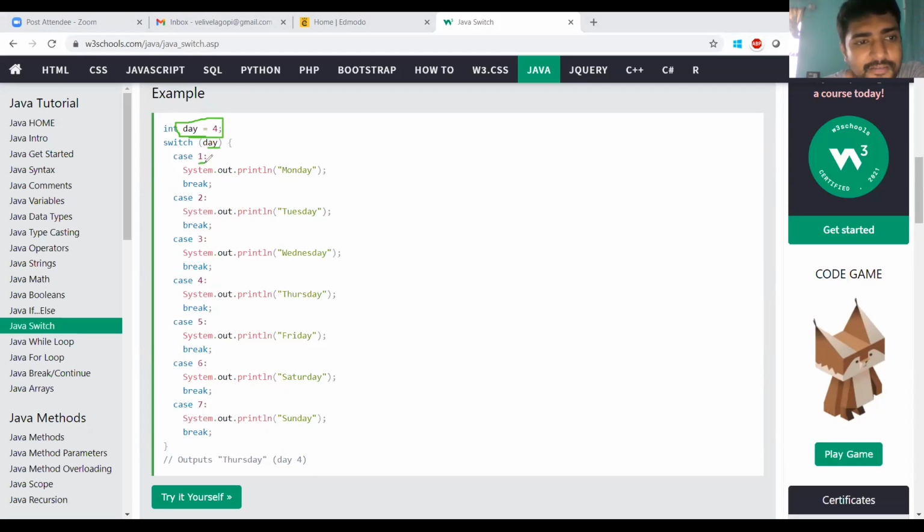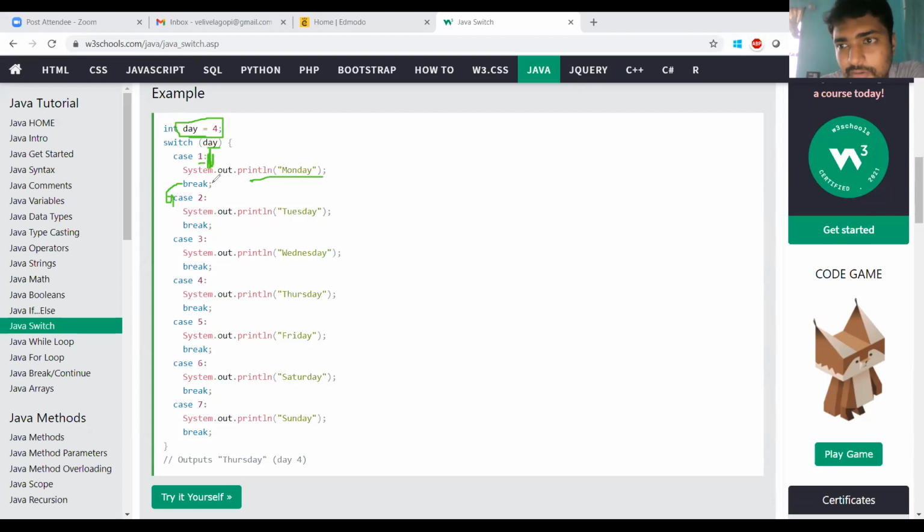Case 1 ends with a colon. Then it prints System.out.println Monday. Then break means the control has to go to case 2.